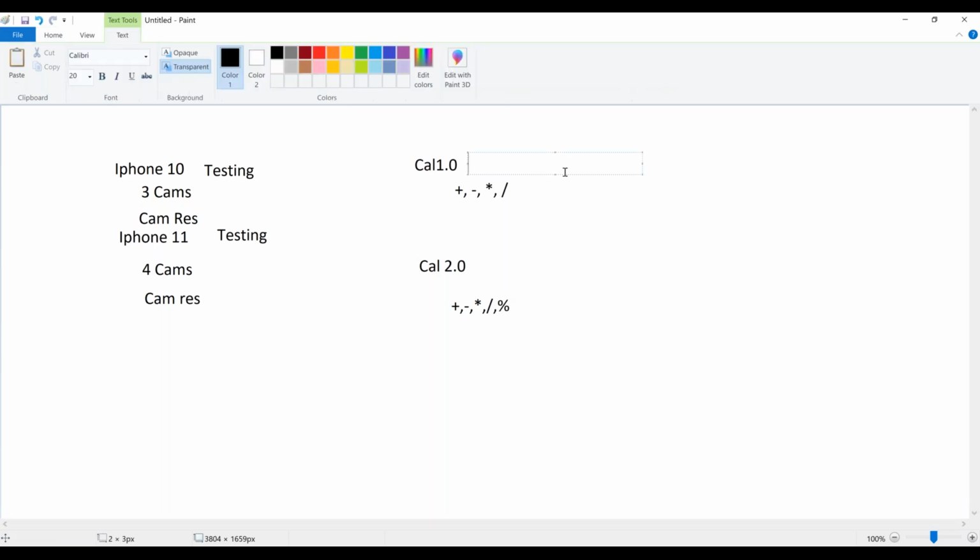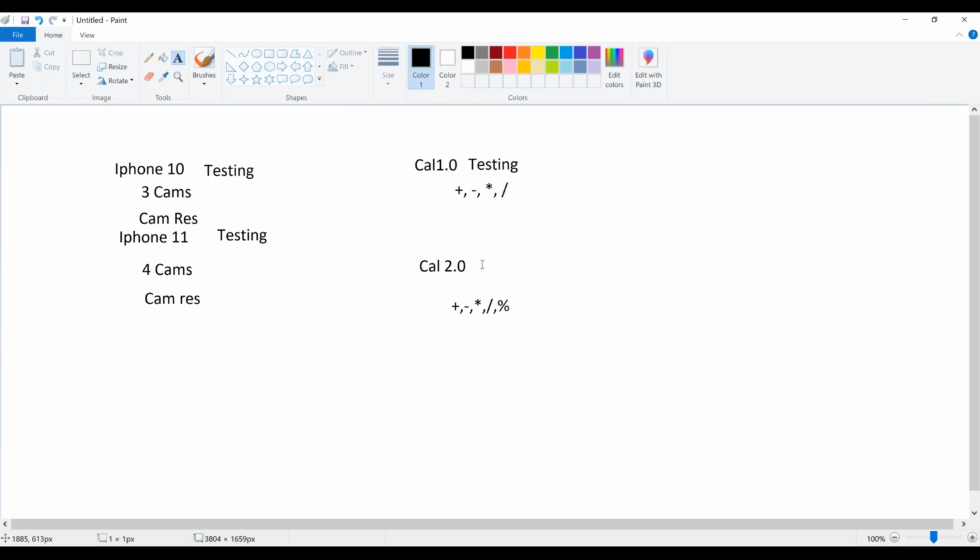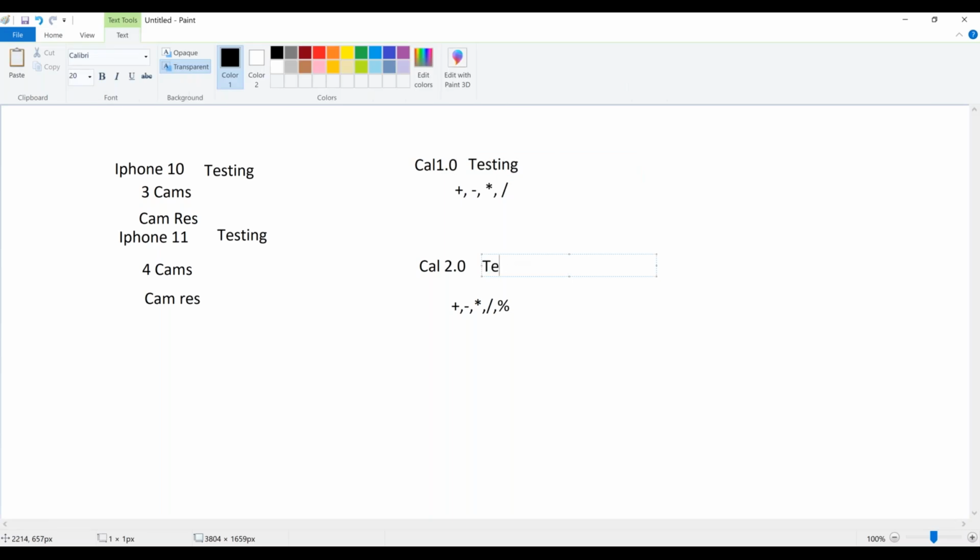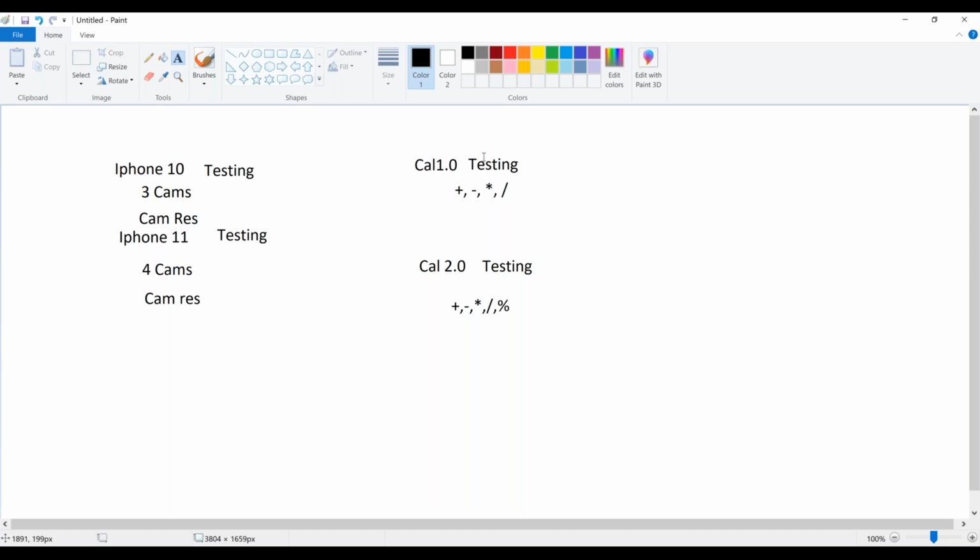So here also you will do the testing. Here also you will do the testing, right? So when you have to do the testing again and again, the same 4 buttons you have to test. Here also you have to test 4 buttons along with that 5th button. So whatever you tested here, you have to test the same thing here also.